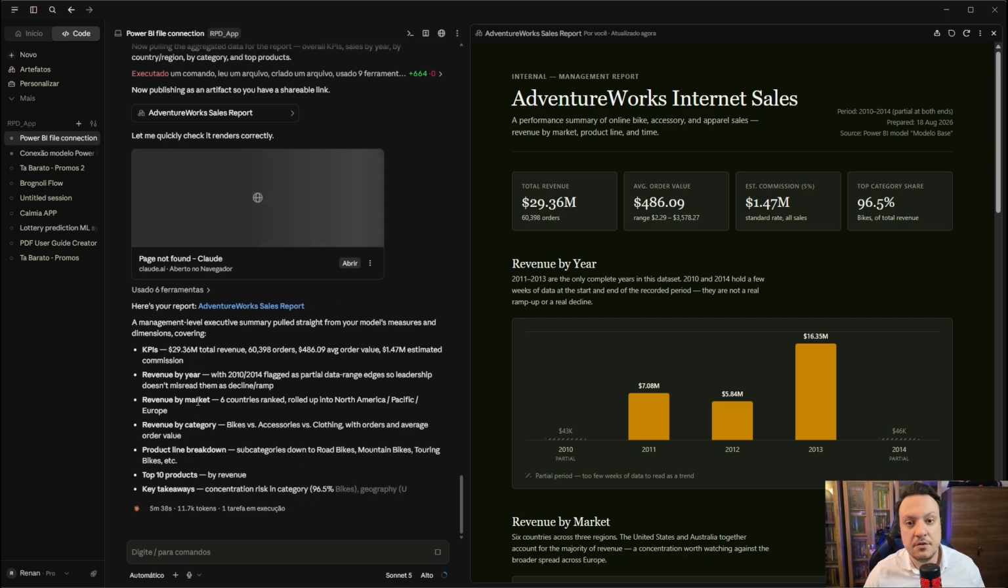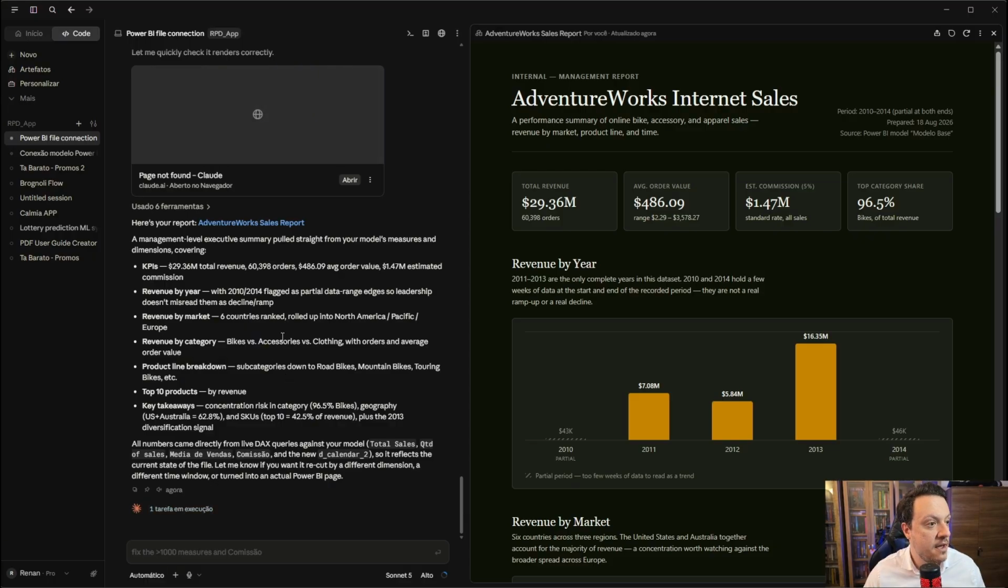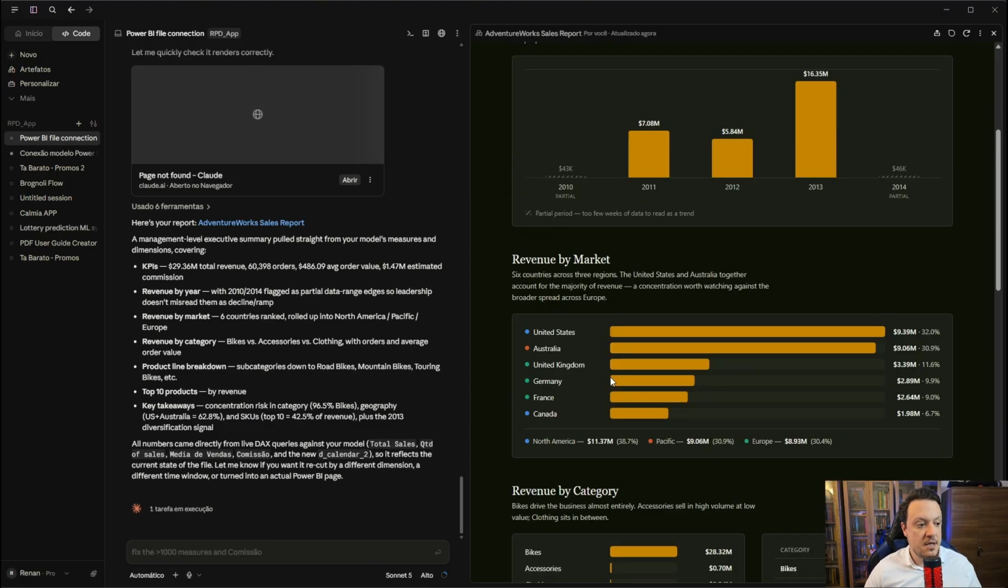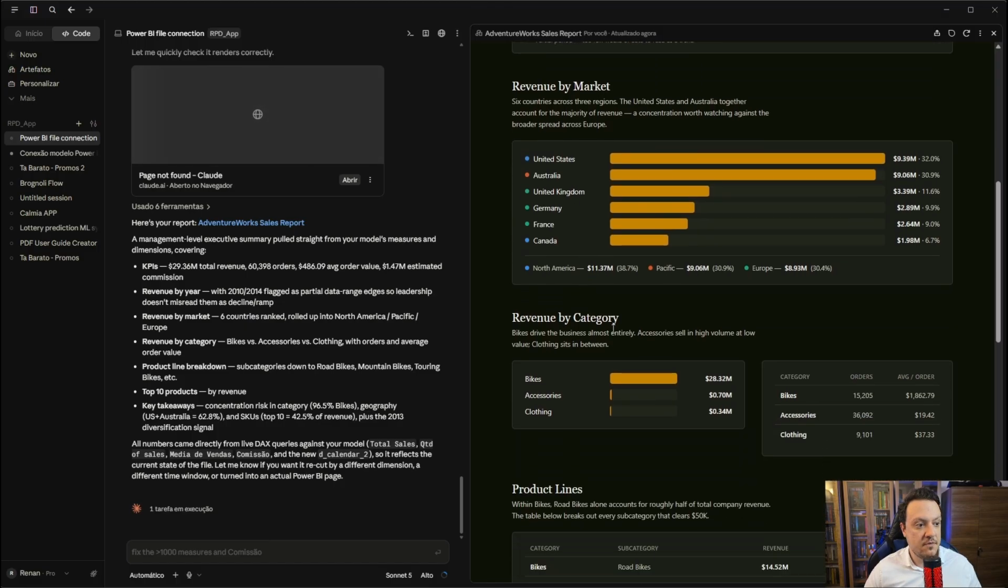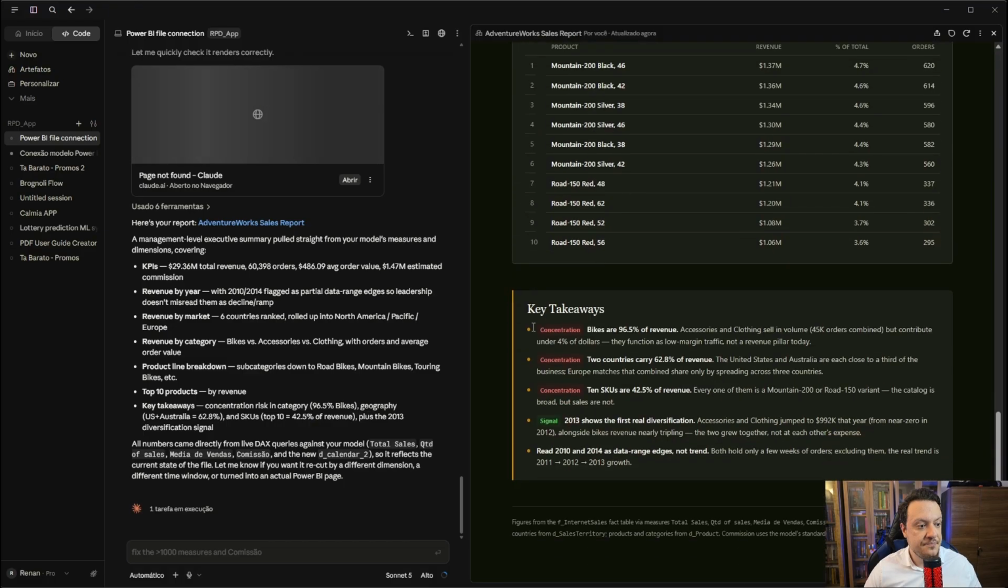He's generating here. It took almost 6 minutes. And as you can see, he created an HTML dashboard here that has all the information that you want: total revenue, average order value, commissioning, top category share, revenue by year, revenue by market, revenue by category, product lines, top 10 products, key takeaways. So a complete report about our sales